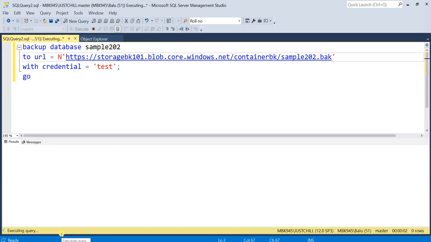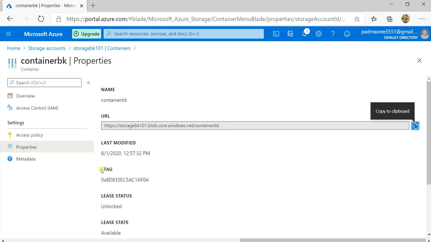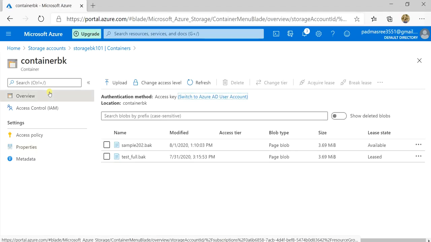Executing query. Yeah, it is done. Successfully processed in 7.7 seconds. Now let me go to the container and check whether the backup file has come to it or not. See, the backup file has been stored here, sample202.bak.